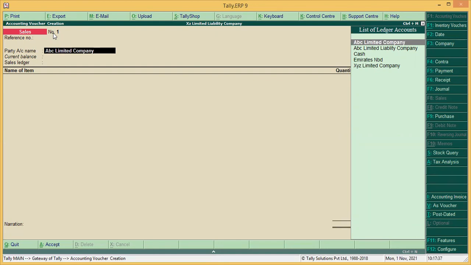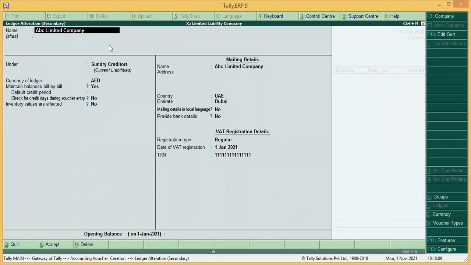So here we have a shortcut key, Control Enter. I'm pressing Control Enter, and it will move there. I will show you the window, because we want to confirm whether it's a creditor or our debtor. So we will press Control Enter. Another window will open, and in that window we can see whether it's a creditor or a debtor. See, it's one of our creditors.